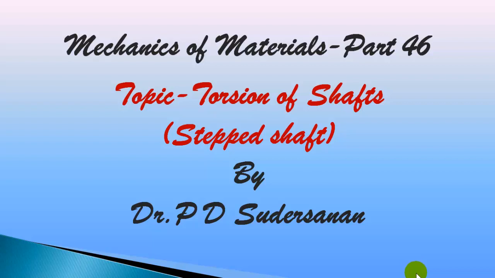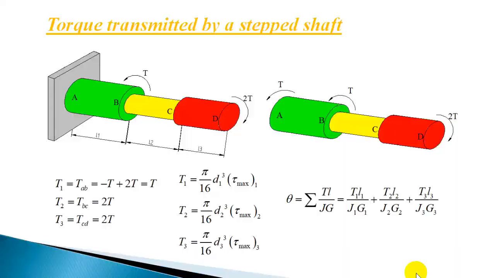In today's class, I'll explain the shear stresses and angular twist induced on a stepped shaft due to torque acting on it. Let us consider a stepped shaft fixed at one end and subjected to torque as shown in the figure. The free end at D is subjected to a clockwise torque 2T, and at the junction B there is an anti-clockwise torque T. Now at the fixed end there will also be a resisting torque based on the torque applied